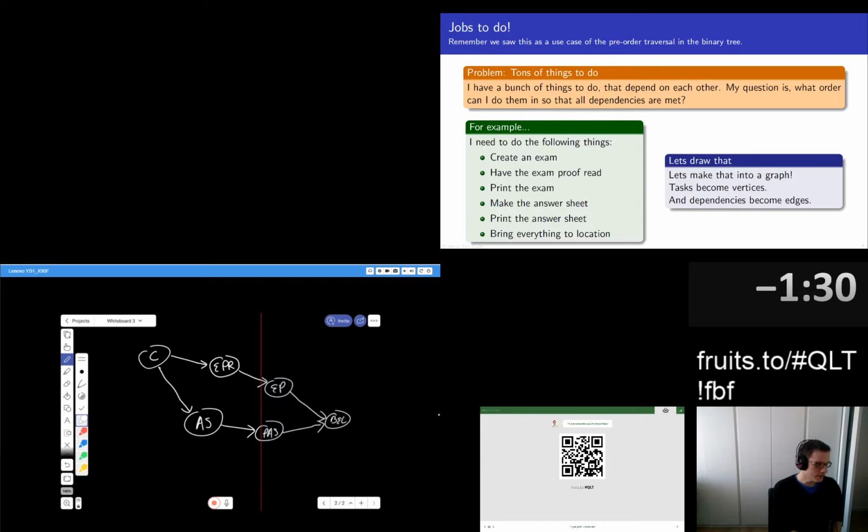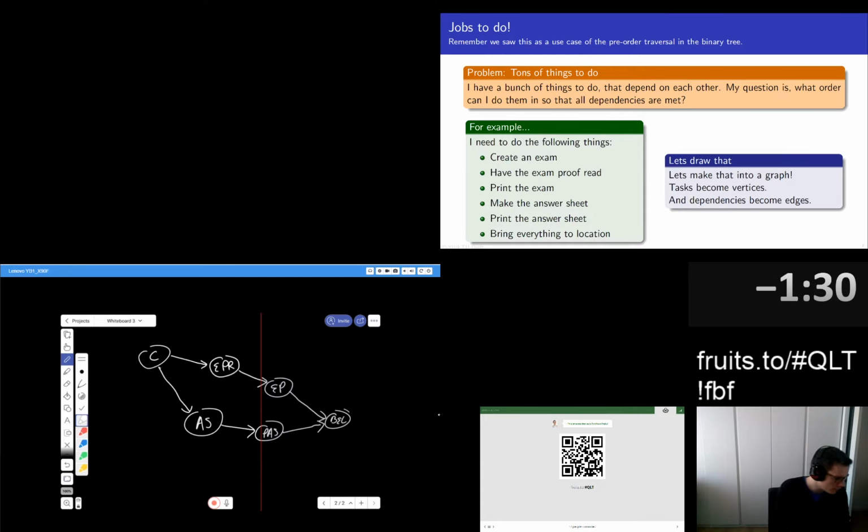And here we see that we have an example of one of these dependency graphs, as we call them, that isn't a tree, right? Because C has 2 children, but BEL has 2 parents, if you want to think of it in terms of a tree, which, well, because it has 2 of them, can't really be done, right?